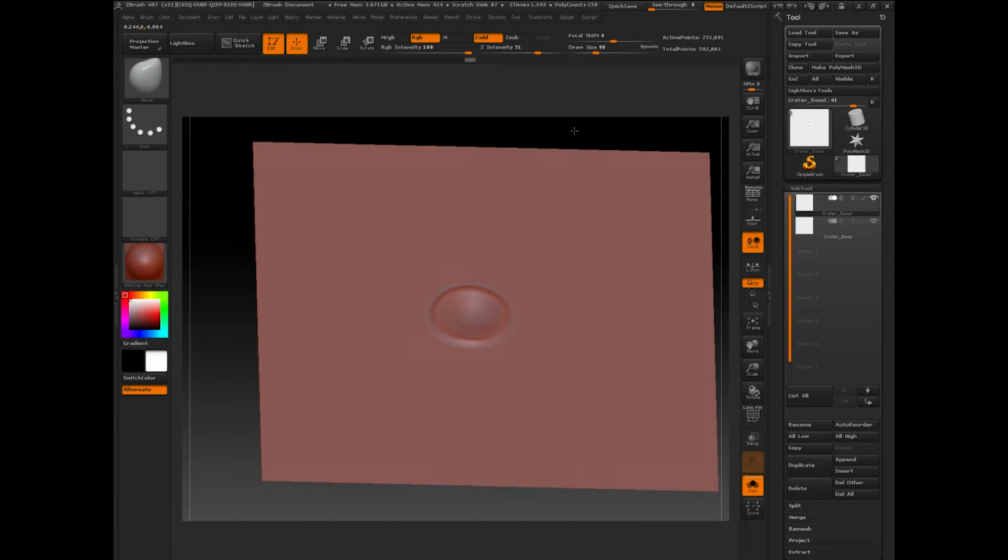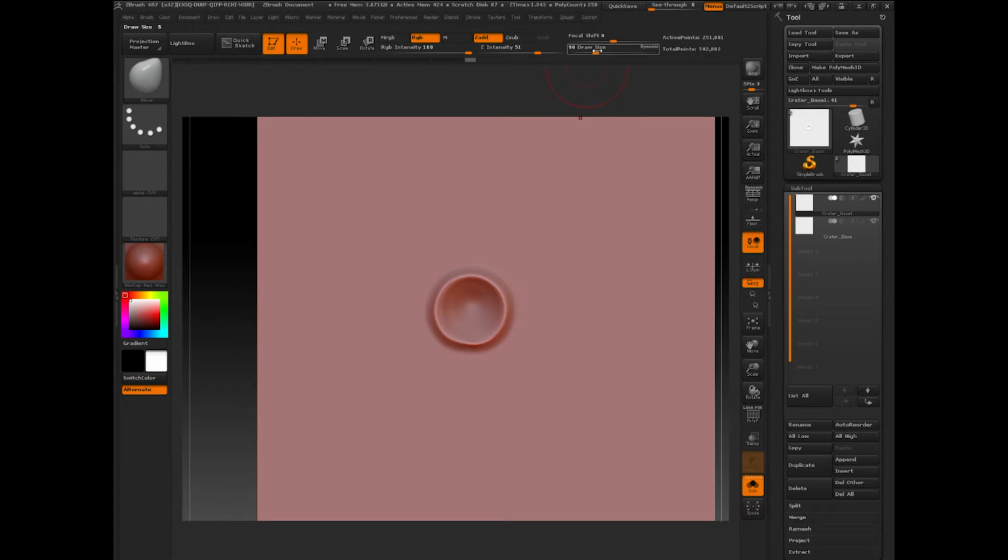And probably I'll make this a little deeper as well. Oop, I'm still on my move brush. I need to switch back to my standard brush. And then I'll just deepen this. Now you'll notice that